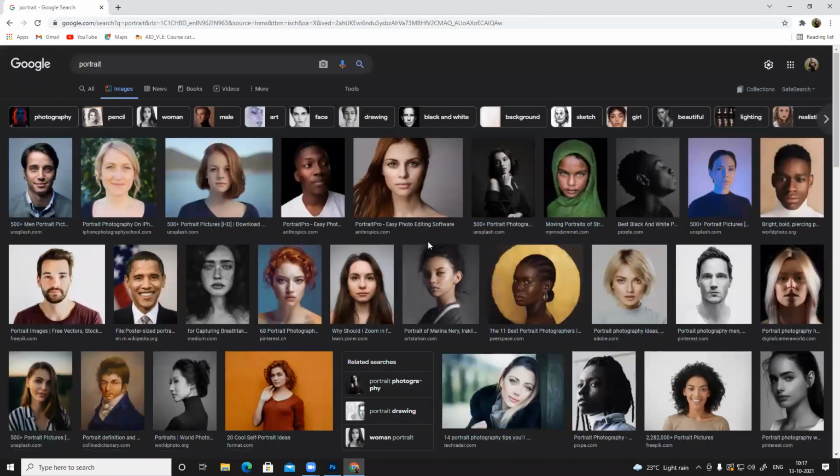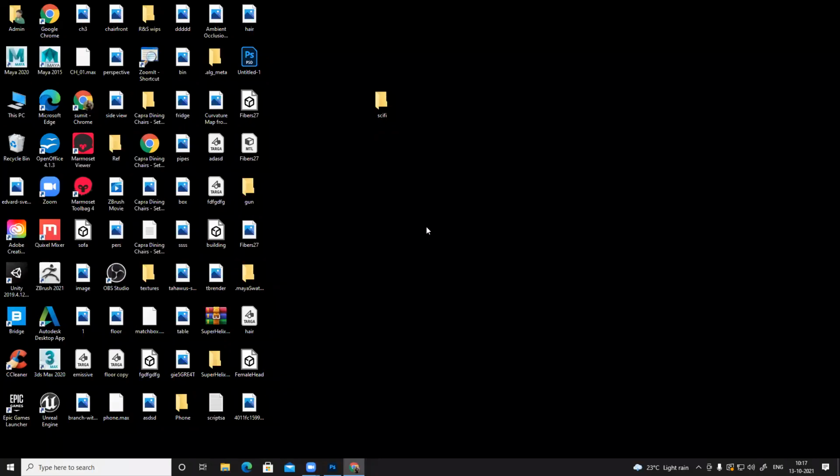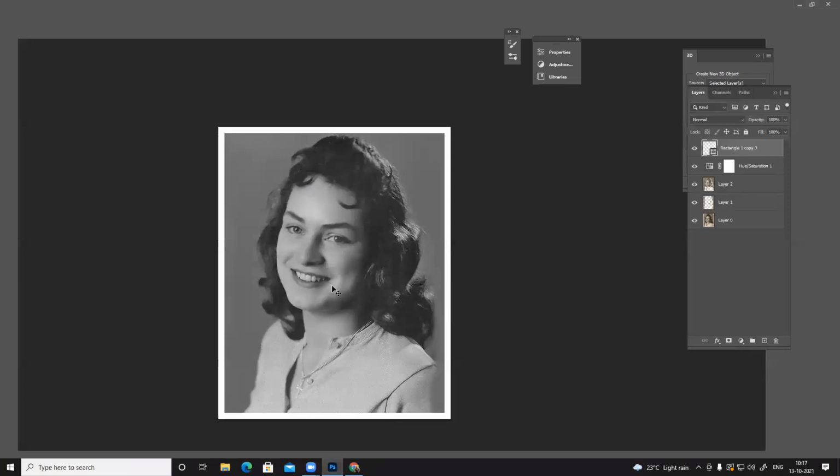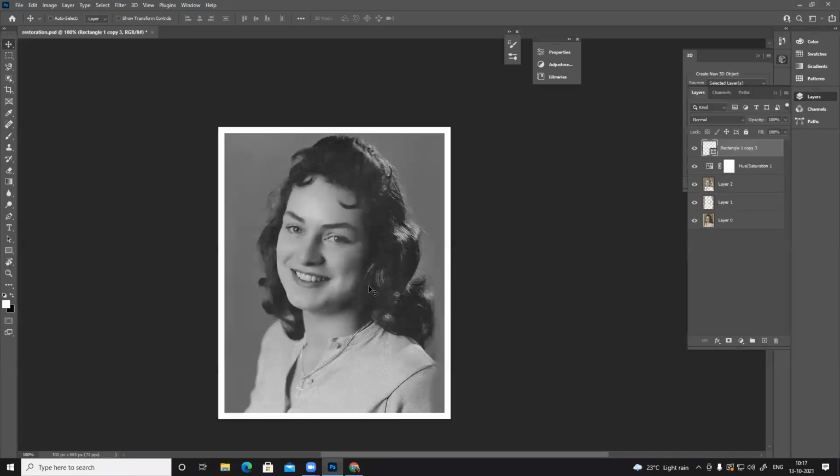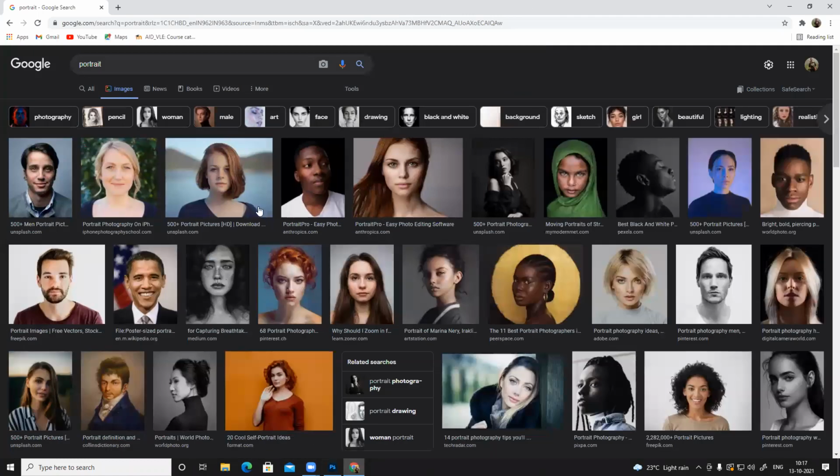Whenever you're choosing a portrait or any reference for color, search for something which is similar, with similar shadows and similar highlights. That will give you a better result. If you choose something entirely different, then you won't get those colors, the total value gradient, all those things. So make sure you choose something similar. Let's see. It looks nice.